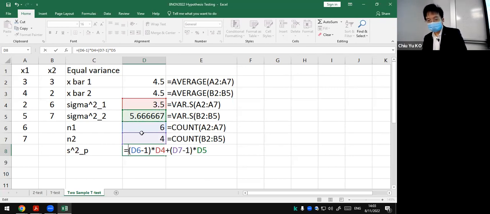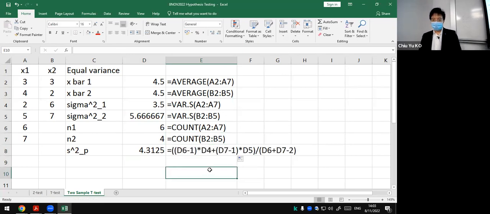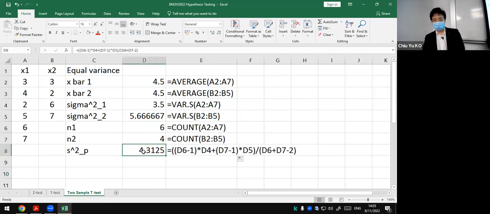And the whole thing actually divided by N1 plus N2 minus 2, okay? So this is how you calculate the pooled variance, which is right because it must be between 3.5 and 5.6,